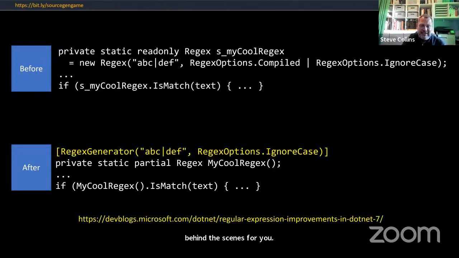Now with the source code generated version, you write a partial static regex and decorate it with an attribute with your expression and any other options like ignore case. That will generate a load of code behind the scenes that's actually going to get compiled. So it's not doing the old style regex way of doing stuff with reflection and on the fly. It's going to be baked into your code. And I'm right in saying Microsoft have also taken some opportunities to do some stuff with recursive regex functions as well.